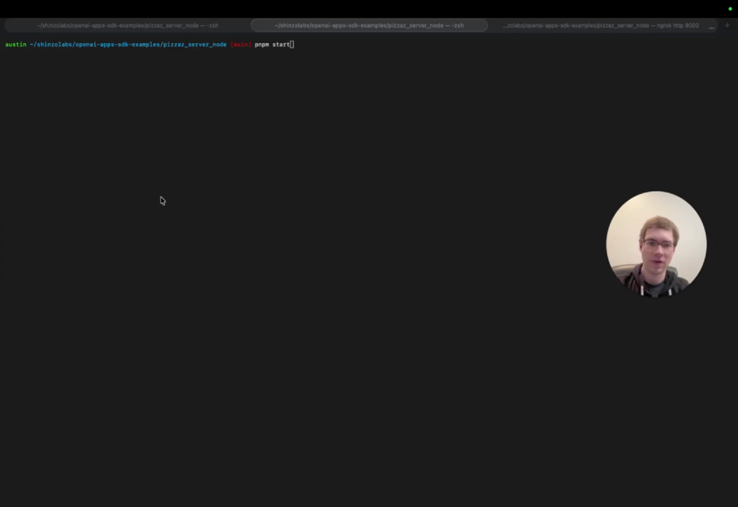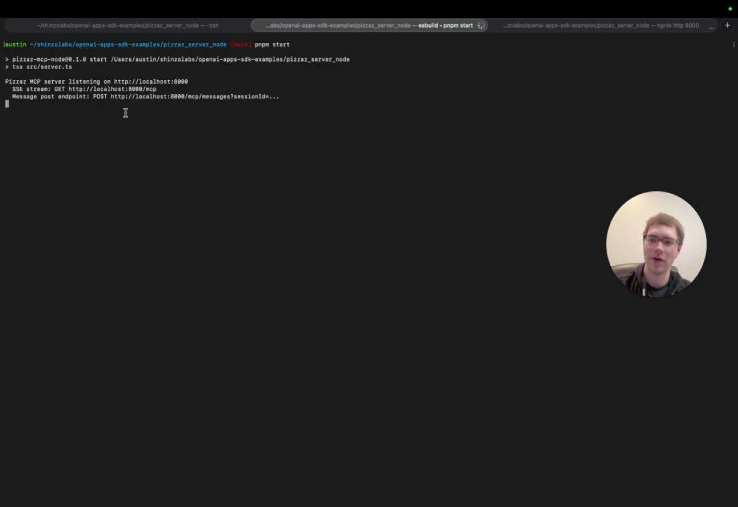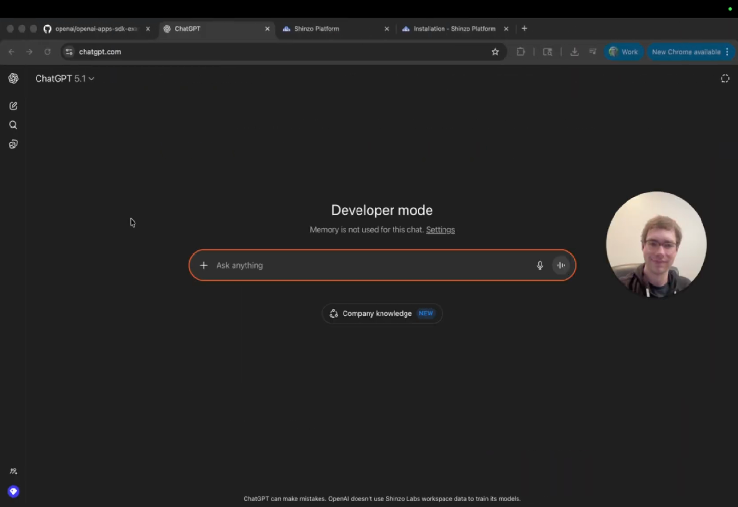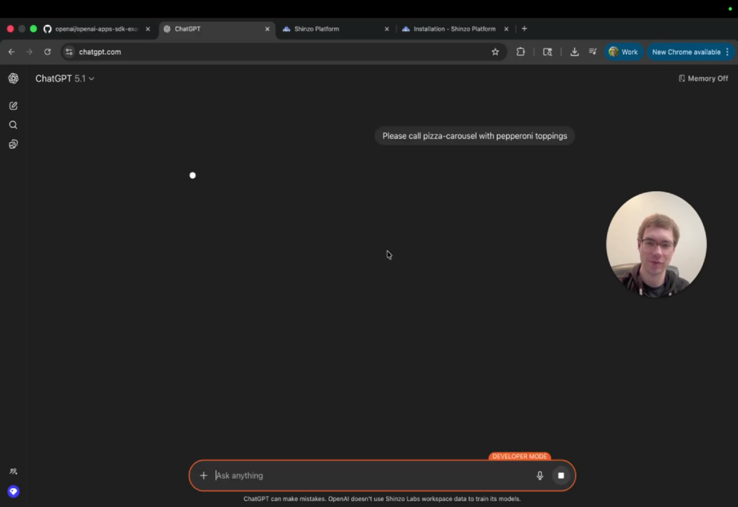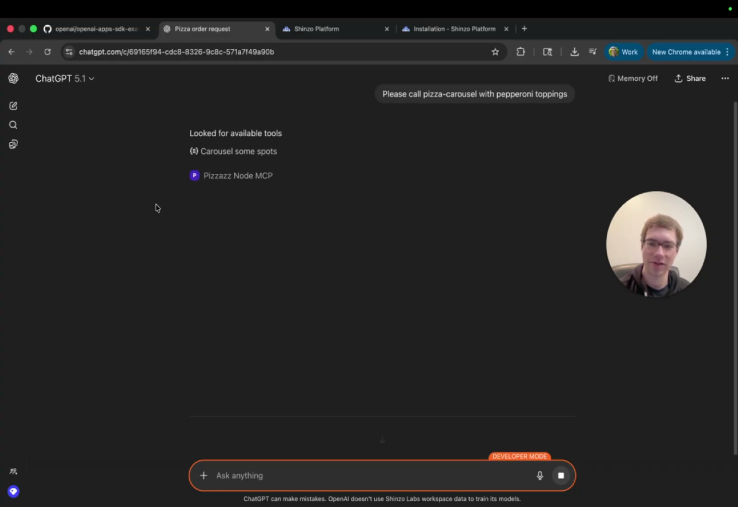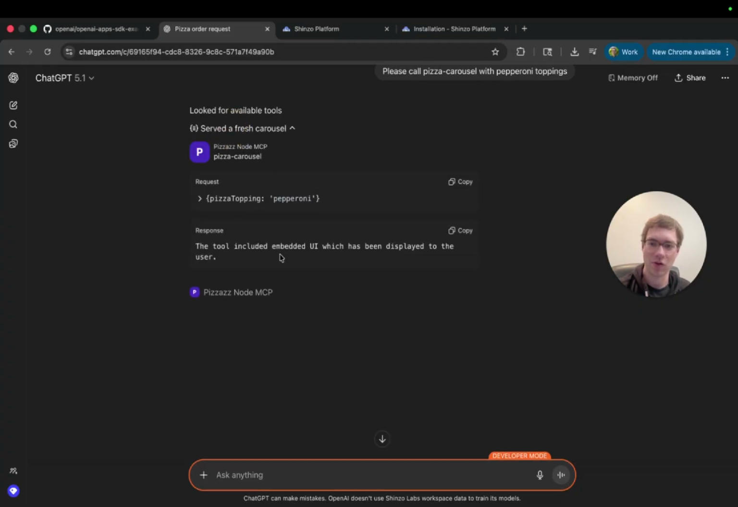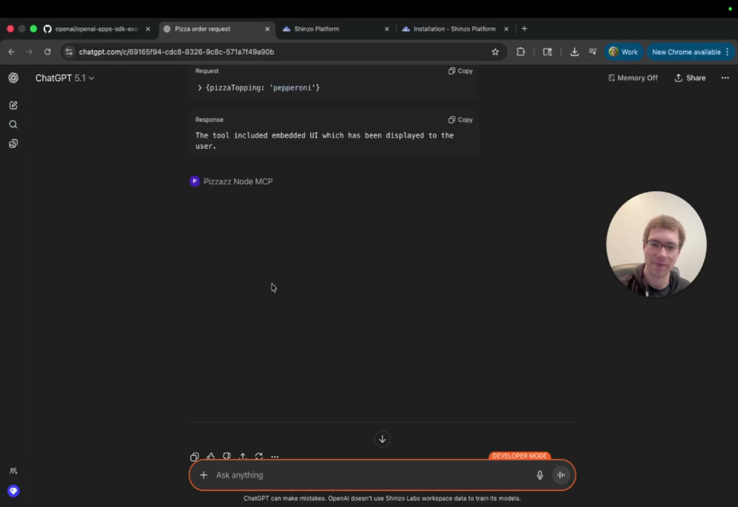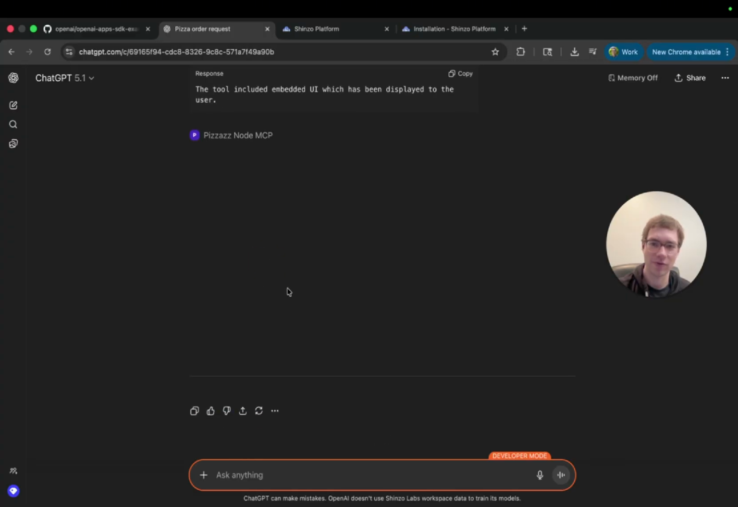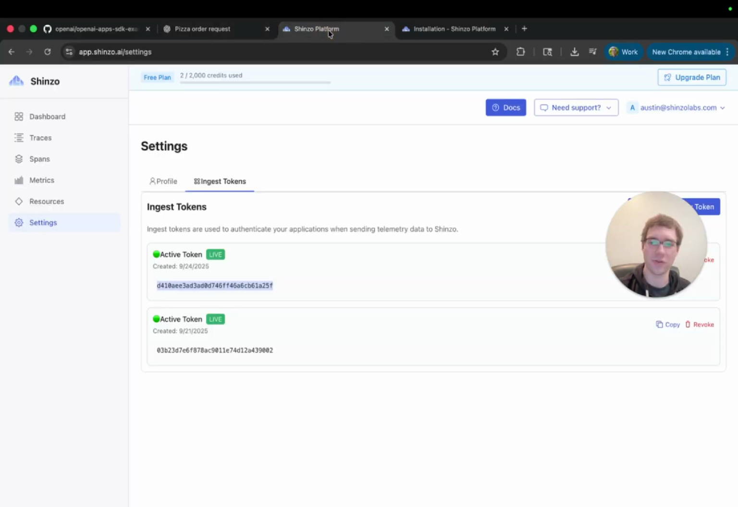Okay, now that we have our server updates ready to go, we run the pnpm start again. Okay, and now that we have our new connector ready to go, we will try to call the MCP server once again, this time with the updates for our telemetry. So you can see we've made the tool call request, we have a response, and theoretically there's a UI available for the user now. If we go to the Shinzo platform,